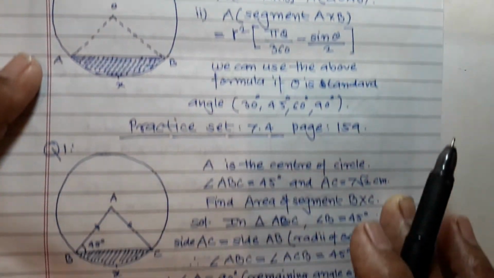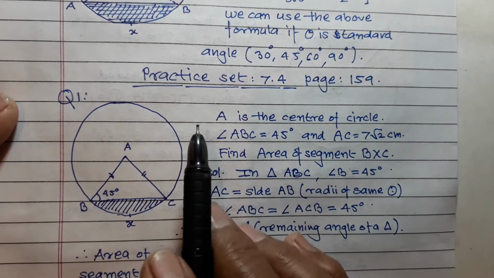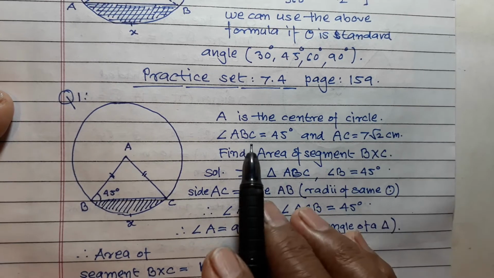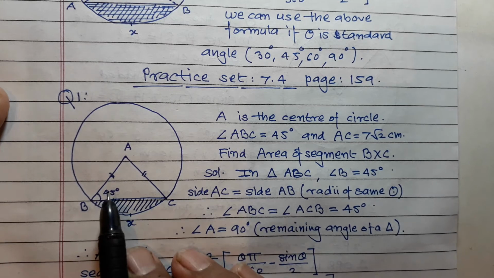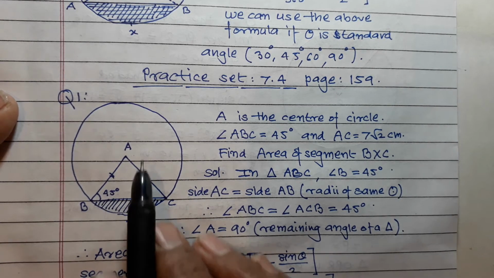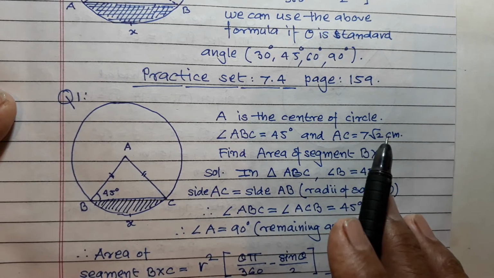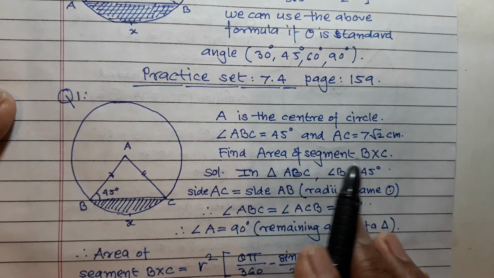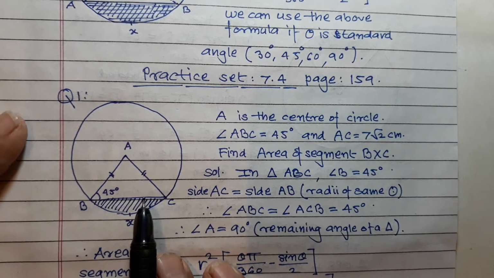Okay, question number 1. A is the center of the circle, angle ABC is equal to 45 degrees given, and AC, that means the radius, is equal to 7 root 2 centimeter given. Find the area of segment BXC. Okay, now